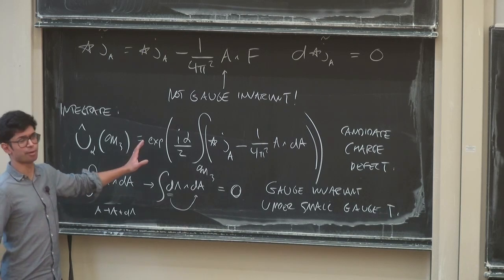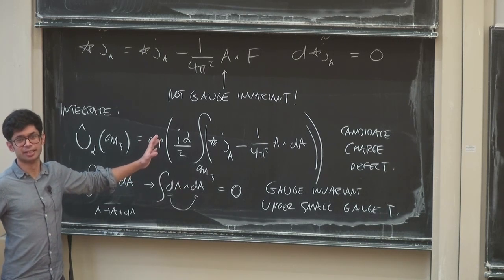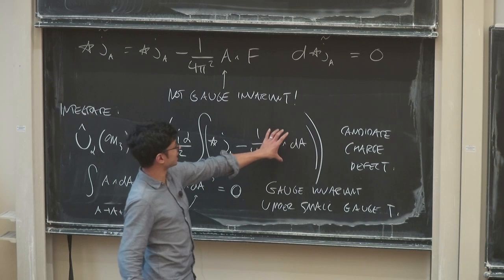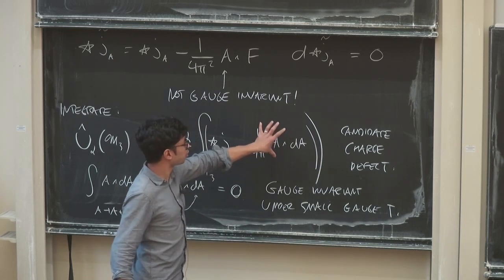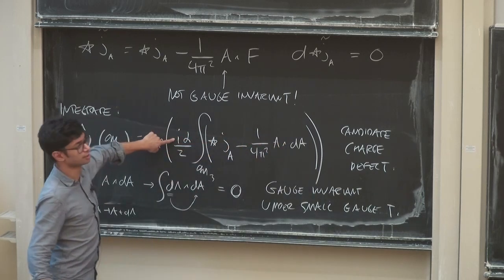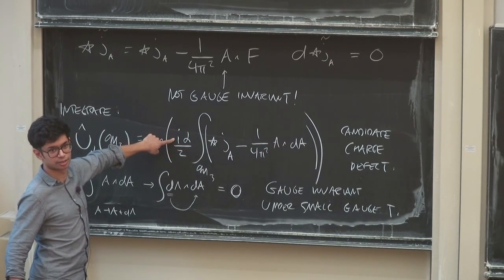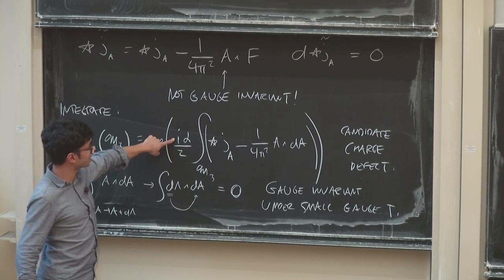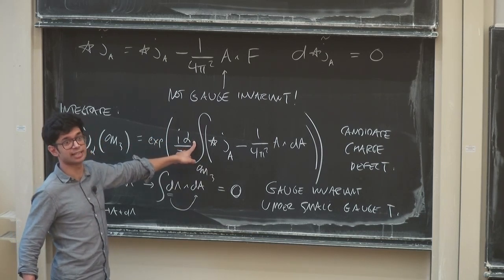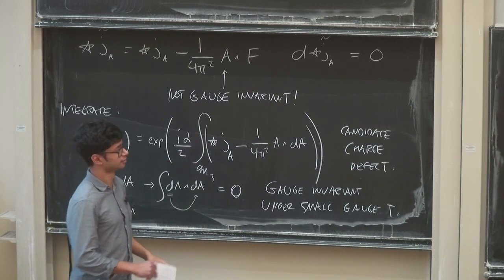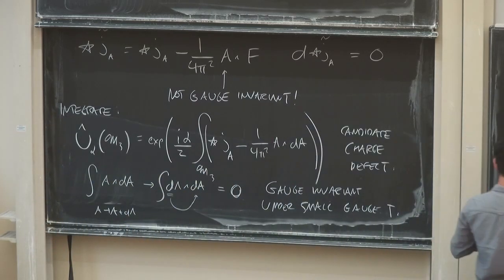Remember we did this problem like a day ago, right? I wrote down a Chern-Simons action. I said, what does a large gauge transformation do? And what that does is that it quantizes the coefficient of the Chern-Simons action. In other words, it's only going to be gauge invariant under large gauge transformations if alpha is some quantized value, right? So what do we get? If you go through it,